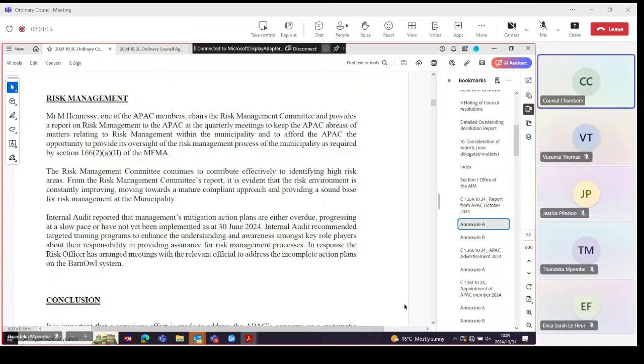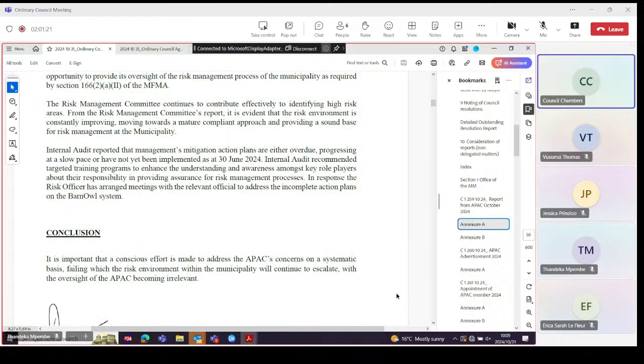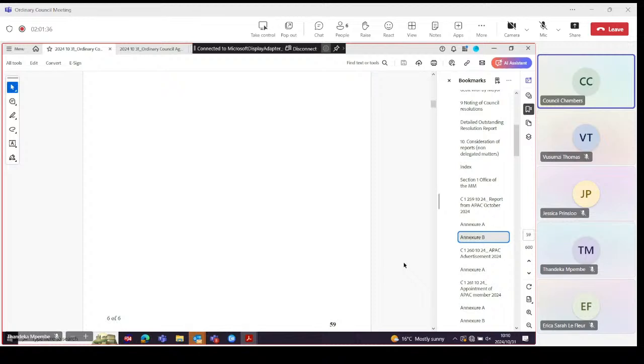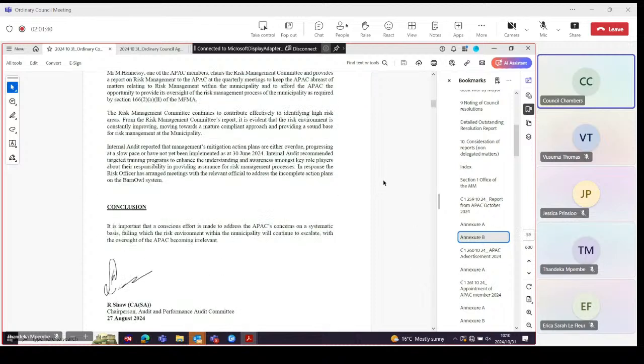There's obviously room for growth, but that's come a long way. So you see significant improvement in that area. I just want to also touch on the CAPEX, which was only in my previous report. From CAPEX, we've also recommended that we do not wait until the next year. We don't wait until the 1st of July before we start looking at the contracts we want to implement this year. We need to start in the last quarter of the